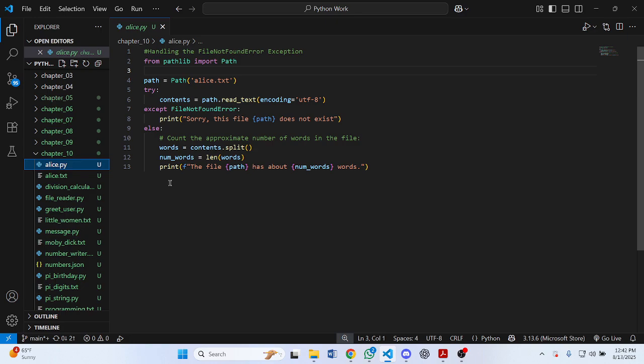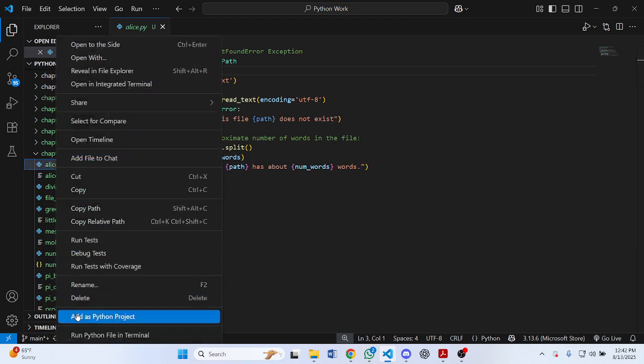Then we have a print statement with an f-string that says the file path has about how many words it shows, and then let's run this